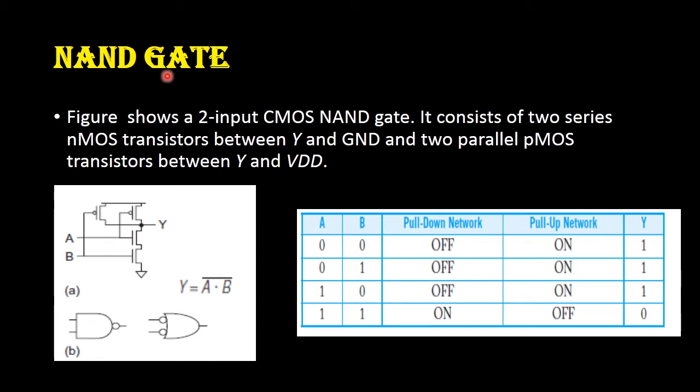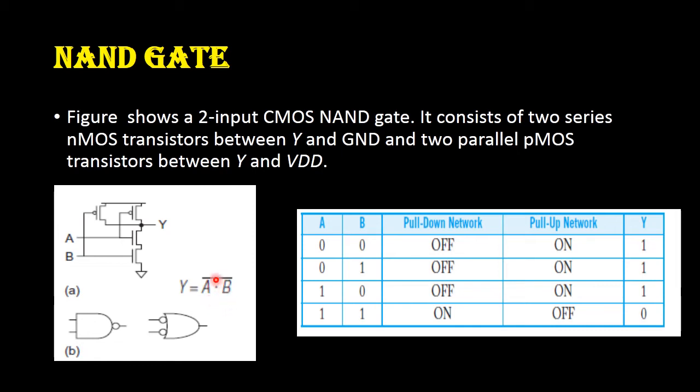Now we can solve the NAND gate, that is, we can draw the logic diagram for the NAND gate. We know the expression Y is equal to A dot B the whole bar. So this is the Boolean expression for the NAND gate. From the expression it is clear that we are having two inputs. A and B are the inputs and Y is the output. Now we are going to use the sutra triple P here. Triple P means PMOS product parallel.